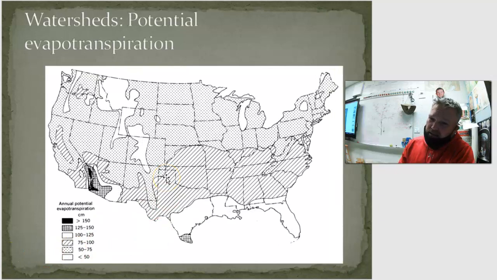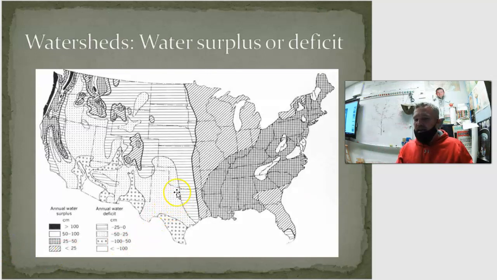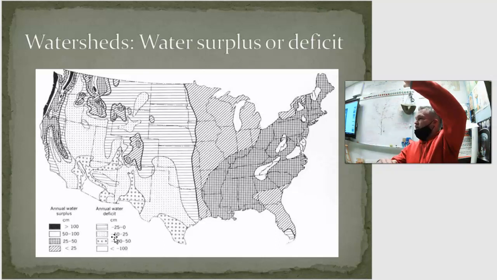And then we get this much potential evapotranspiration, meaning we lose this much water. So we're in this 75 to 100 in losing. So we get 25 to 75, and then we lose 75 to 125 or whatever, or 100, right? So that means that we live in an area that is in deficit. So we are in the 0 to negative 50 deficit range, and that's in centimeters. So we're talking about 50 centimeters of deficit in water every year.